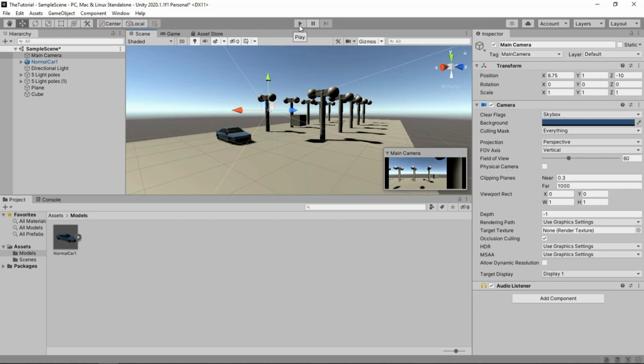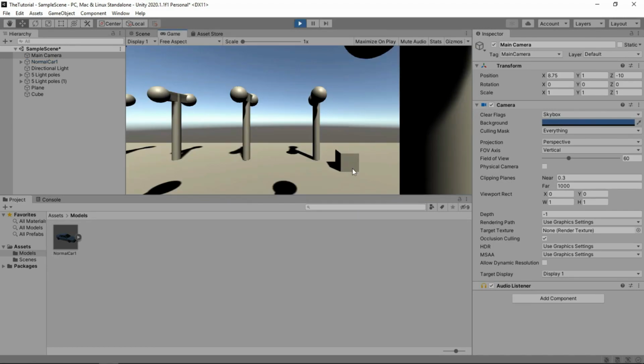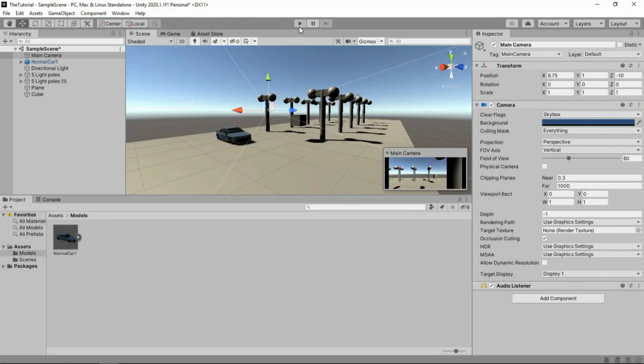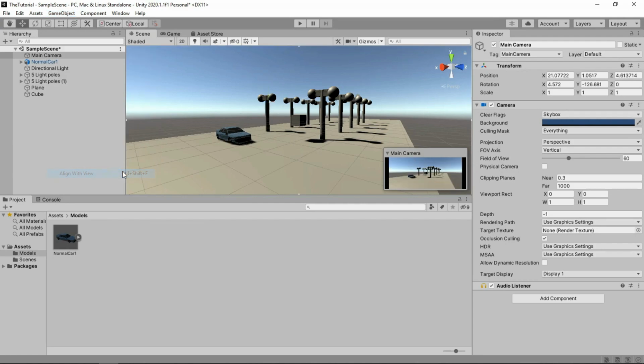And if I hit play now, another option to change the position of the camera quickly is to click on the game object and select align with view. It will equalize the view that we see and the view of the camera. So now when we hit play,